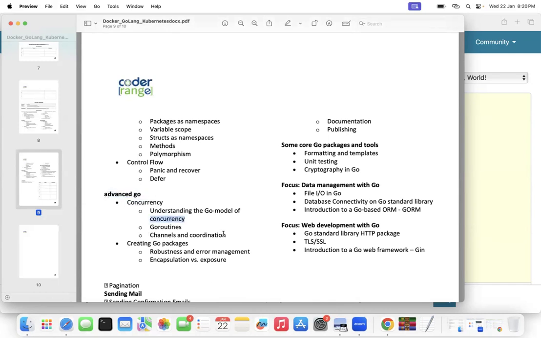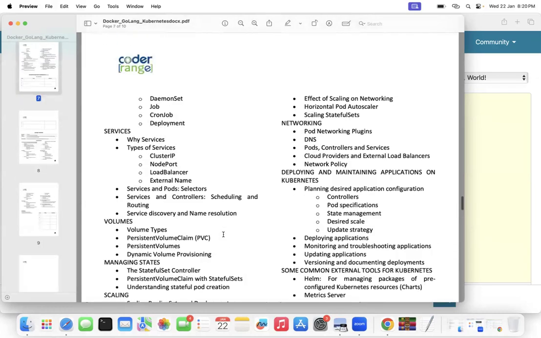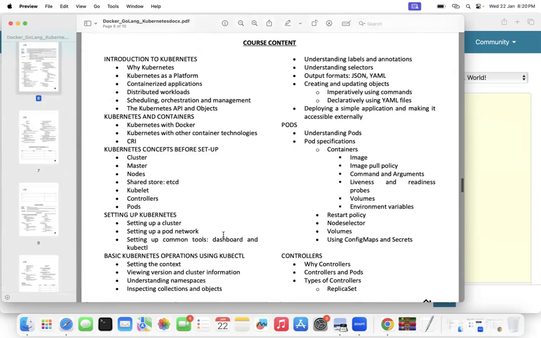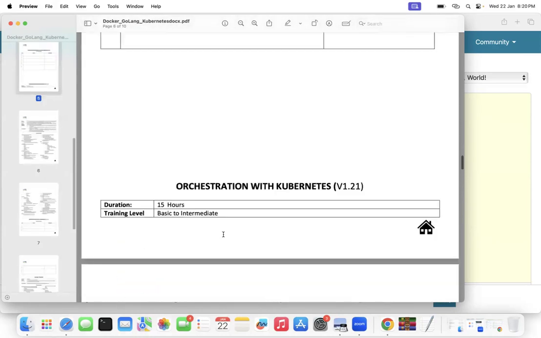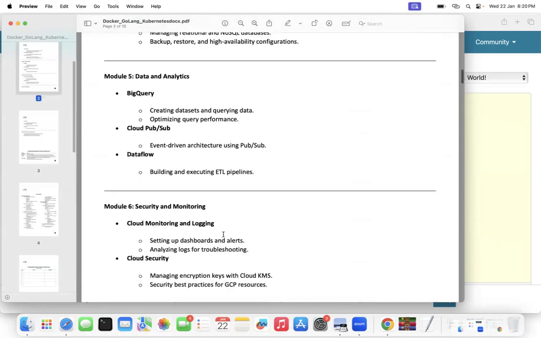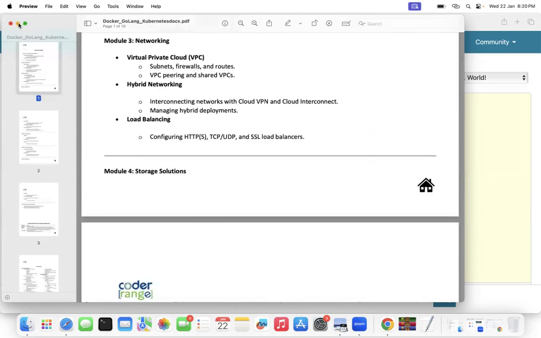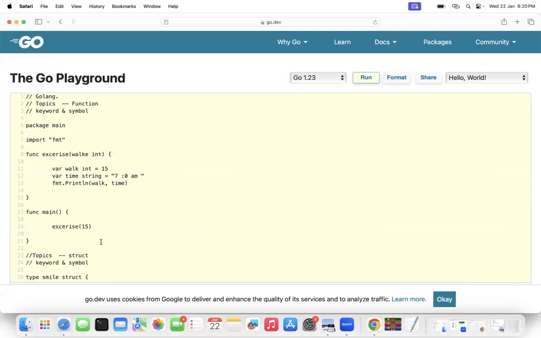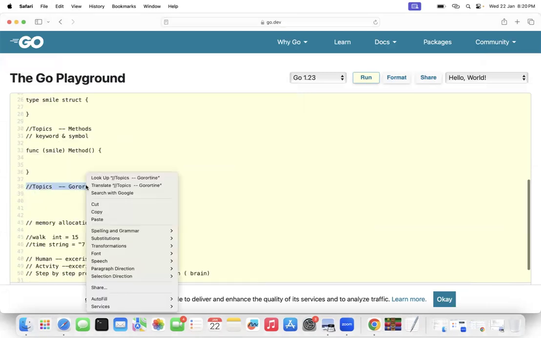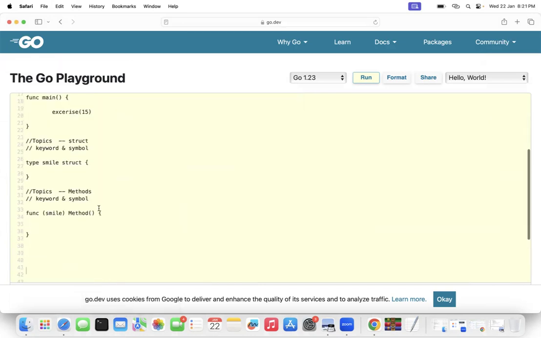So let's talk about concurrency, and then I'll tell you a little bit about Kubernetes. You said you are aware of Kubernetes basics. Okay. And I will give you a little idea about Docker as well. GCP, anyhow, you will understand all these aspects here, but I'll explain that also. Before that, let me go to one advanced topic called goroutine. Maybe you heard about this goroutine, correct? Yeah, I heard about it.